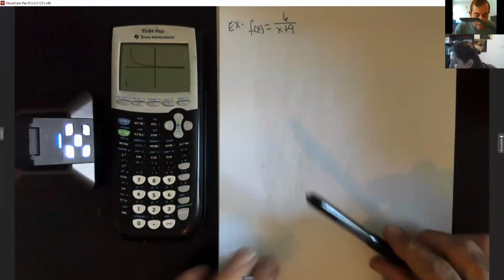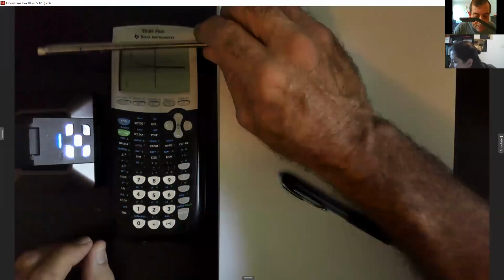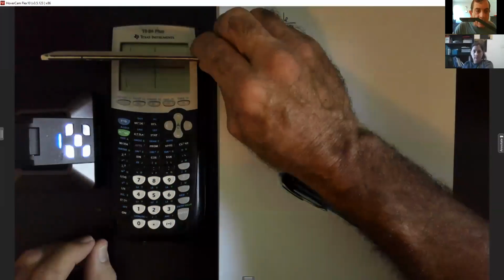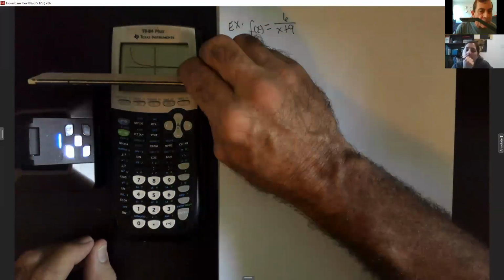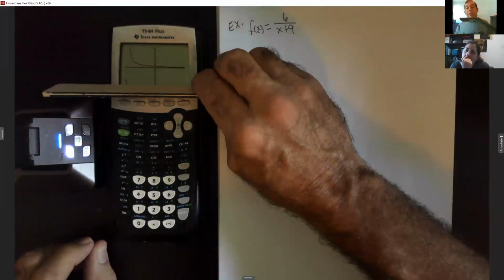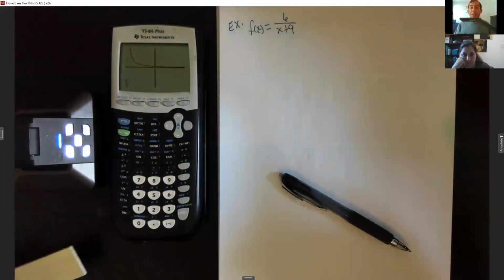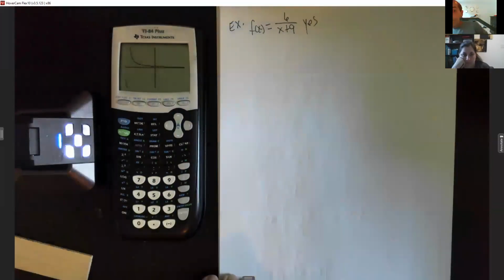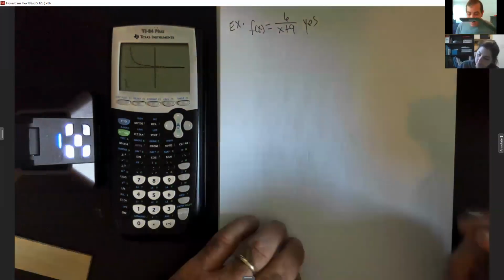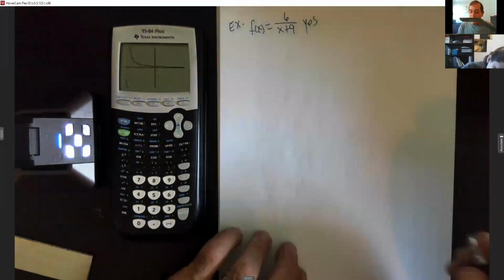And you can tell that if you run this horizontal line down it, it's only intersecting that top part once everywhere. And then I got a little bit of that bottom part. It's only intersecting it once. So this is, yes, 1-to-1. All of them are going to be 1-to-1, okay? All right, so since it's 1-to-1,